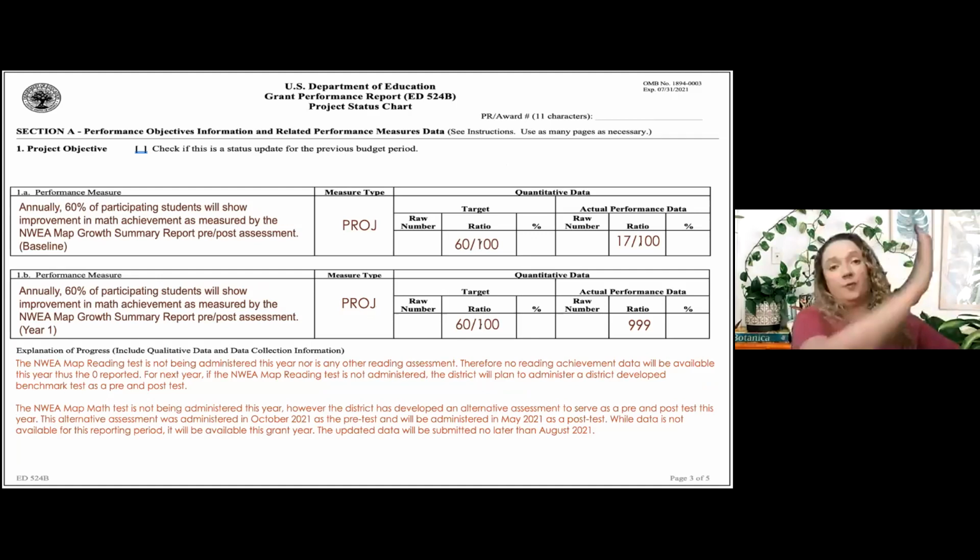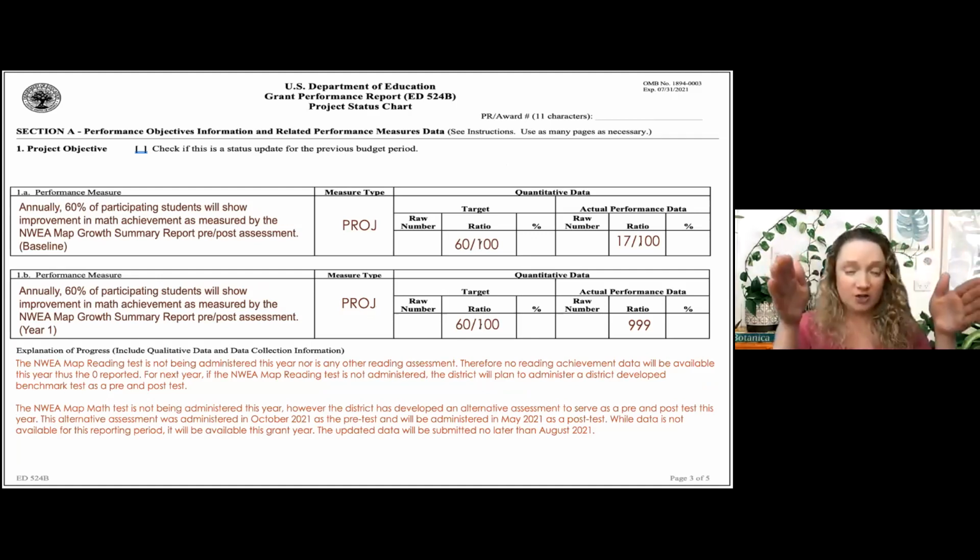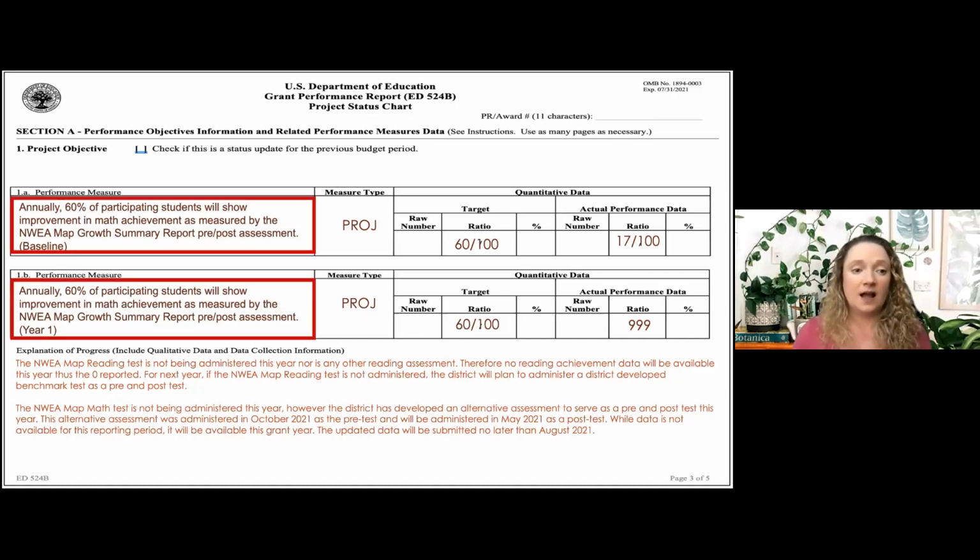So we've reported on our GEPRA that everybody has to do. Now, these are your project objectives that are specific to your program. As you can see here, I've got my first objective. Notice that it's the same in both boxes, with the exception that this row is my baseline data and this row is my year 1 data.